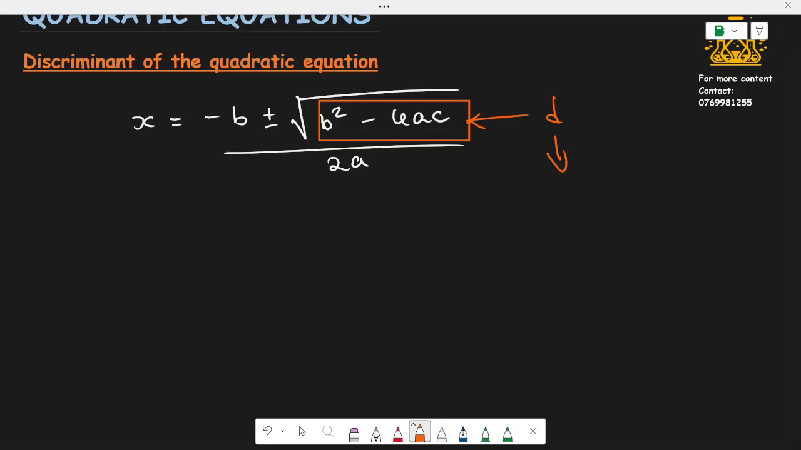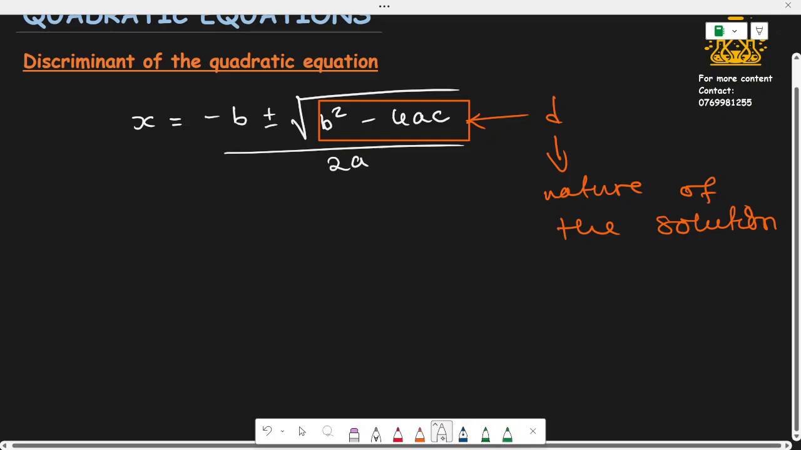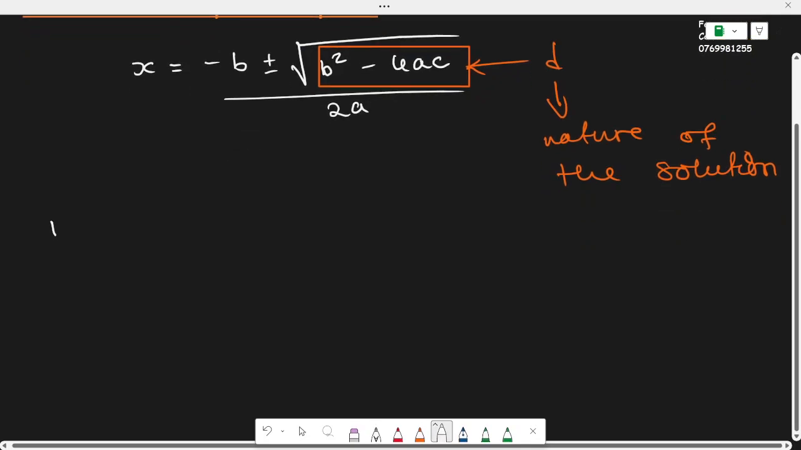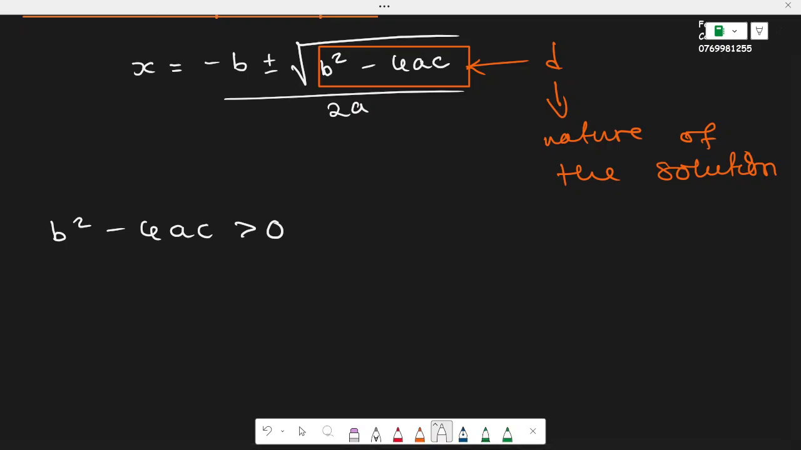That is what we're calling the discriminant. And this is important because it helps us know the nature of the solution that we're going to find if you solve this quadratic equation. Like what solution are you going to get? It's going to be what type? So we find that if the discriminant is greater than 0, the solution that you're going to get will be 2